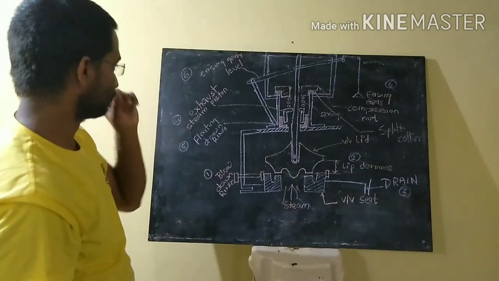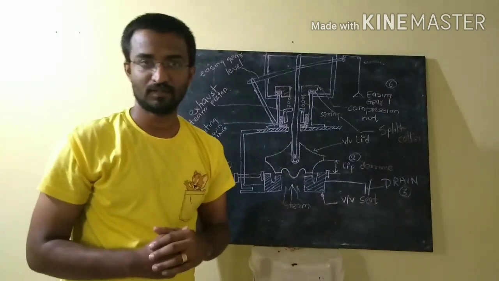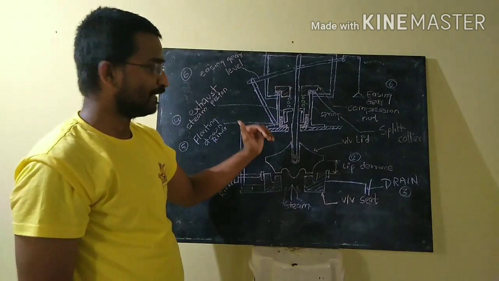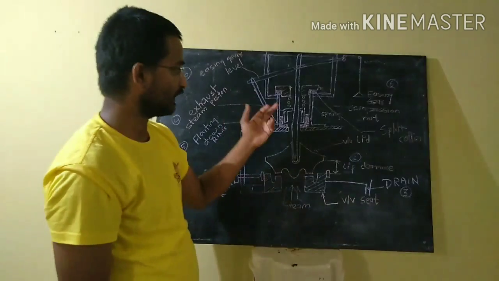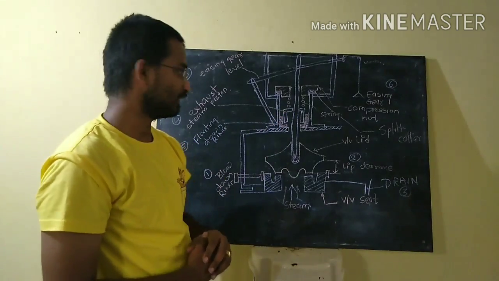Now the fourth one is the exhausting piston. We have incorporated the exhausting piston in the high lift safety valve. The purpose is to increase the lift. The piston is easily lifted and pushes the spring, so that's why we have incorporated this.